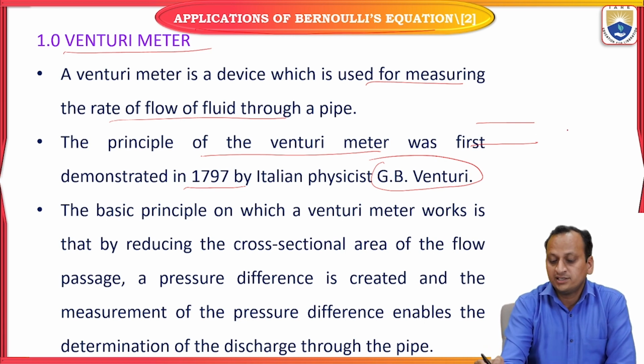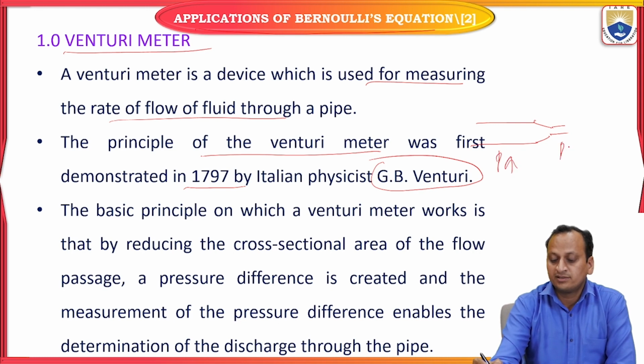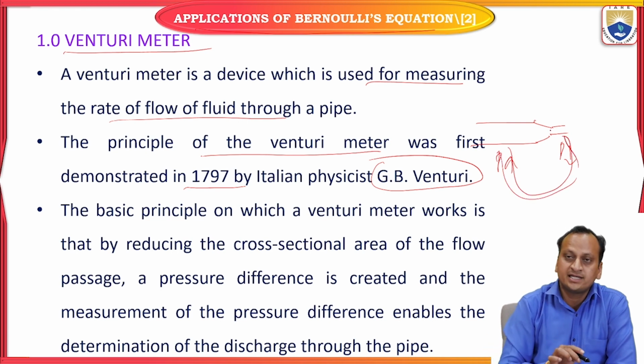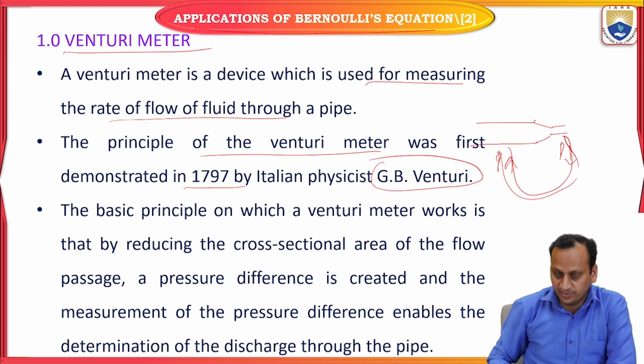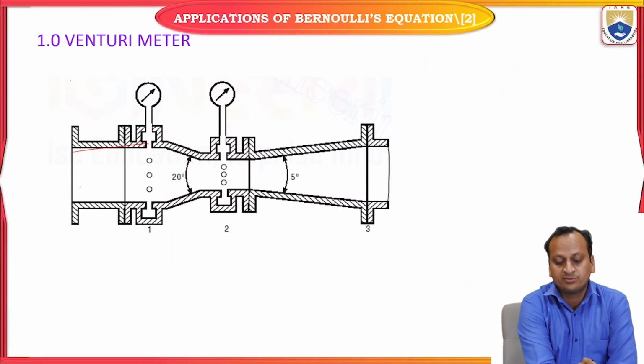But here, if you reduce the cross-sectional area, then there will be a difference in pressure. So here the pressure will be high, here the pressure will be less. This pressure difference will be measured, and it will be utilized for the calculation of rate of flow through this venturimeter. So in this diagram you can see, first this is a uniform pipe through which the water is flowing,